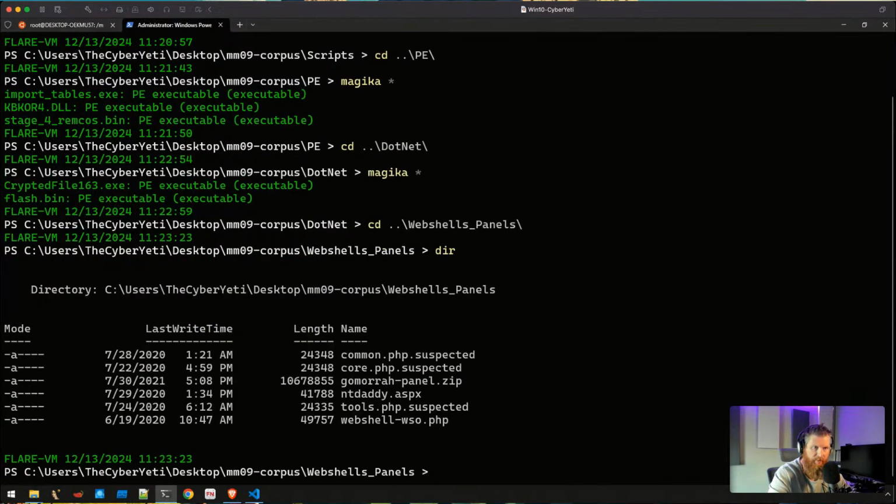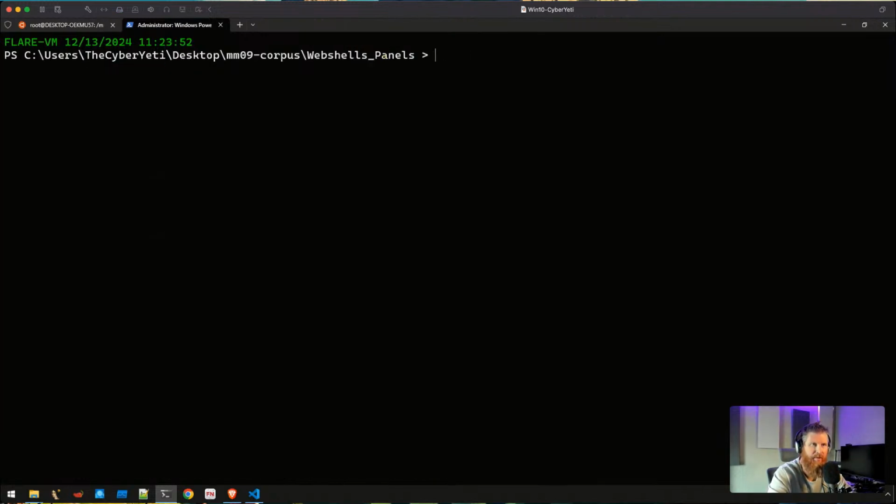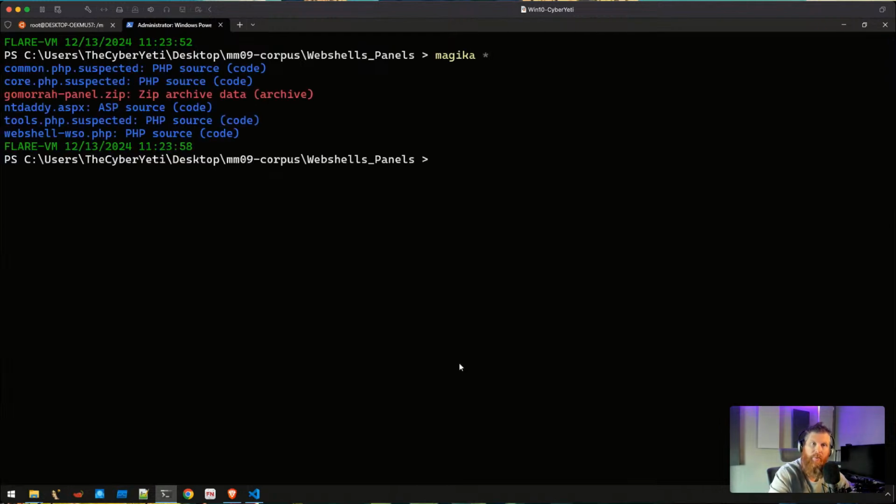And these are a number of probably much older shells that I was able to find over the years. It's actually been a little bit more challenging lately to find open web shells and other web shells. Doing directory crawling, open directories in particular, it's kind of great when whatever security product is on the server identifies a potentially malicious file and adds a .suspected extension to it, because that makes it downloadable. But here, if we run magika on this output, as you might expect now, we get pretty good results.